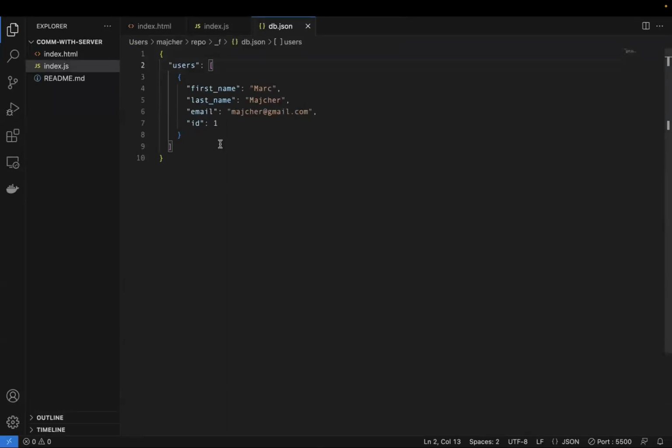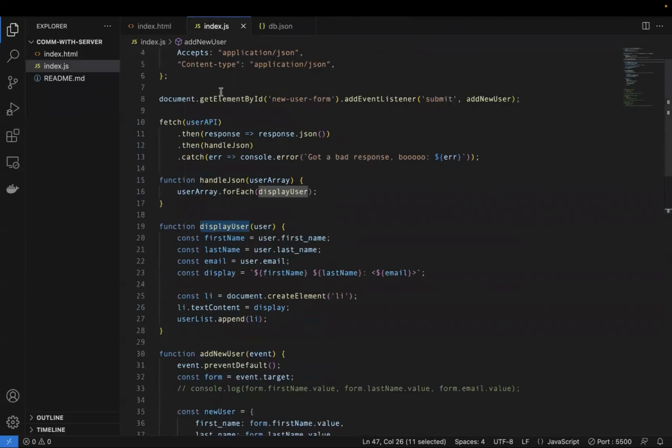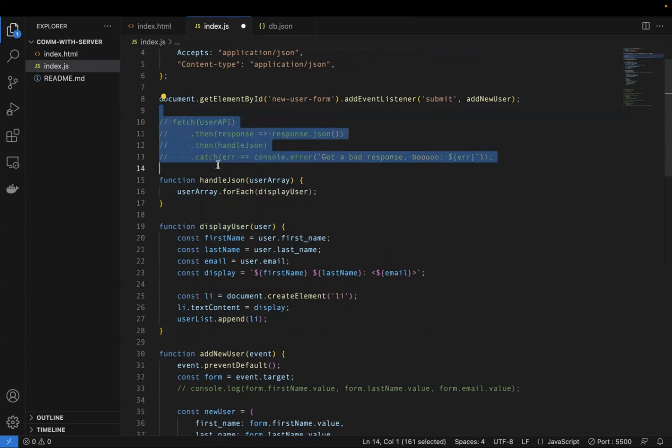So yeah. And then would it still do all of that, add to the database and add to the page, if we did not have that get, that just regular fetch at the top? Oh yeah, great. Yeah, it would, because this is the part that says when we load the page, display all